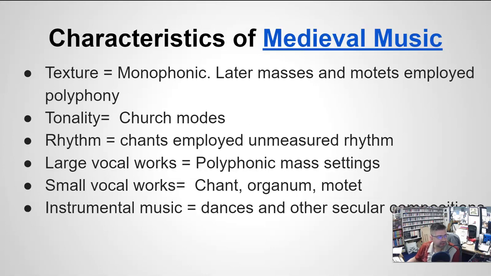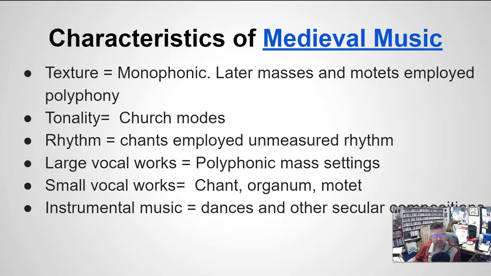Some characteristics of medieval music that we're going to start with. Monophonic, meaning one sound. Later on, you get into polyphony, which is many voices, but the way it started was just one. And they did them pretty much exclusively in the Roman Catholic Church. That's where this started. So they used the sounds they called modes, and it's kind of what we think of as major scales, but starting on a different note. We'll get some more of that later.